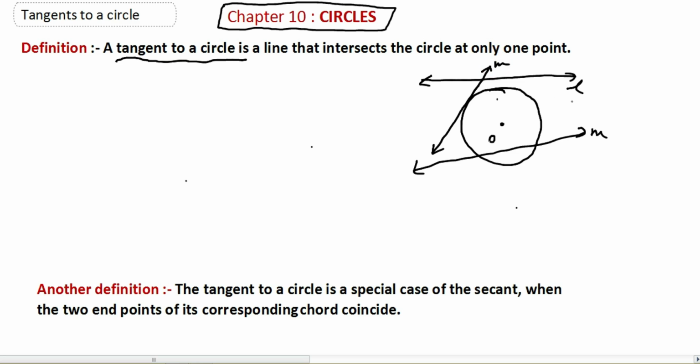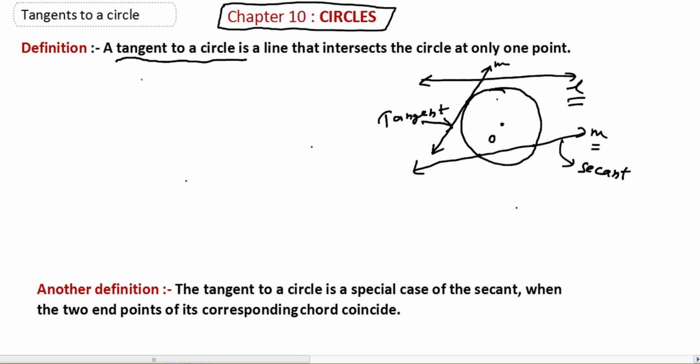The line L simply passes away, with no relation with the circle. This line M intersects the circle at two points, at this point and at this point. And this other line meets the circle at one point. So in this case we have three situations. The line intersecting at two points is named a secant, and the line which touches at one point is named a tangent.